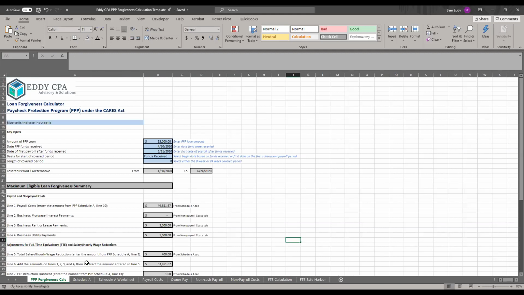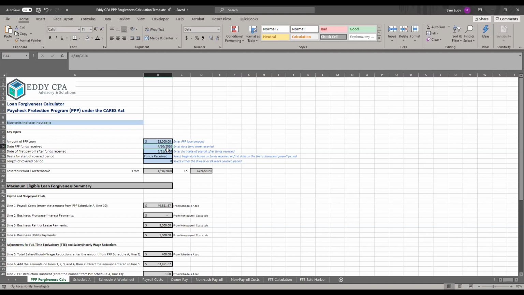So the order in which to complete this is mostly as it is shown here. A lot of the summary tabs in the first two, such as PPP Forgiveness Calc, Schedule A Worksheet, roll up from the other tabs. So the first one you're going to want to complete is this first section where you're inputting the key inputs. So here you're going to input the amount of your PPP loan, so how much you actually received in funding, the date that you